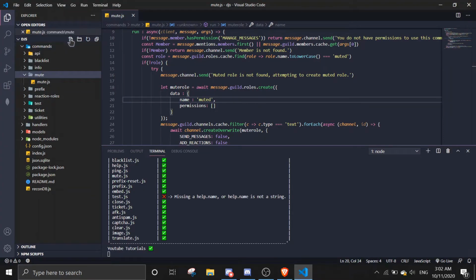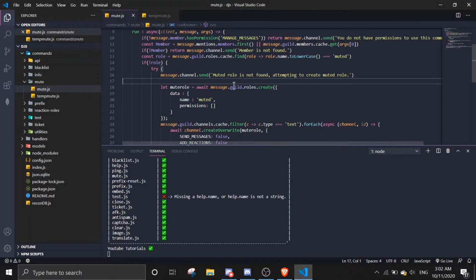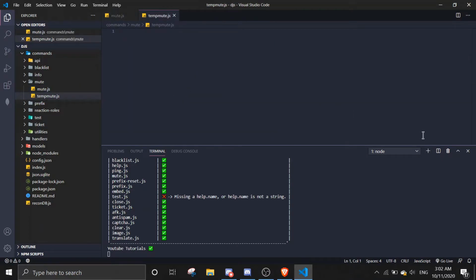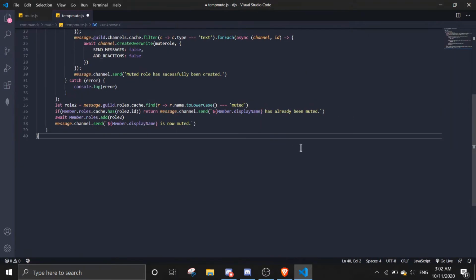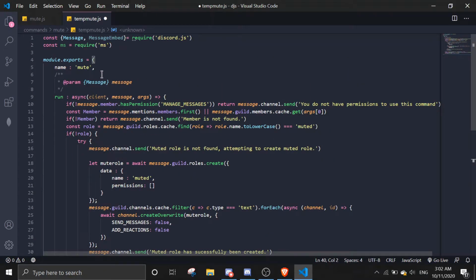Next we're going to do temporary mute, so tempmute, and then we just copy this. Let me just close this and enlarge this. So we just change this to tempmute, and then